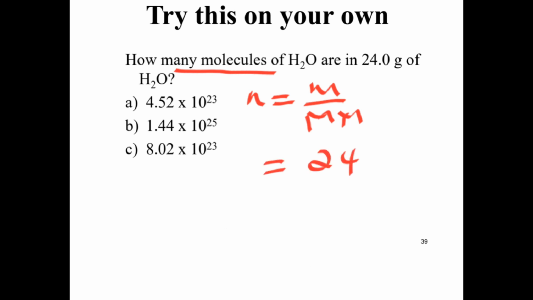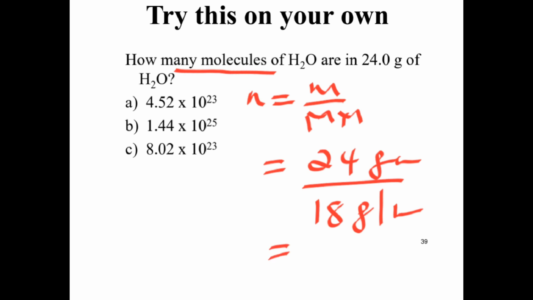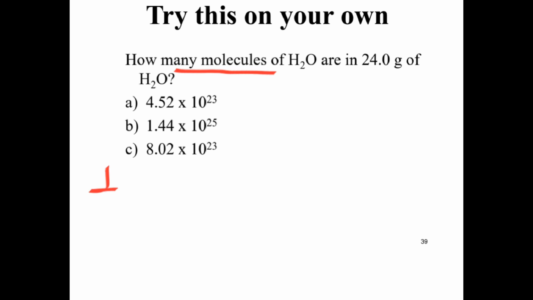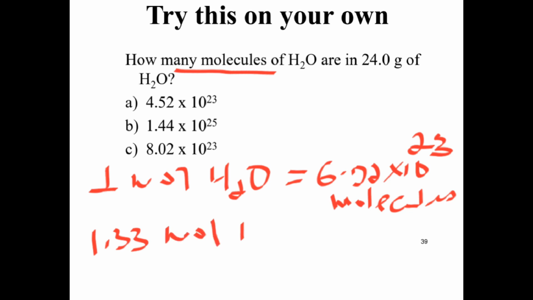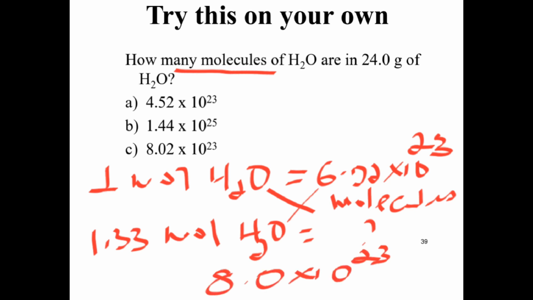ስለዚህ ማሱ ስንት ነው? የተሰጠን 24 ግራም ተሰጥቶናል። ኦቨር ሞላር ማሱ 18 ግራም ፐር ሞል ካልኩሌት ያደረግነው ማለት ነው። so 4/3 ማለት 1.33 moles ማለት ነው። ስለዚህ ጥቂት ነው ግን ሞለኪል ስለሆነ 1 mole of water contains 6.02 times 10 to the power of 23 molecules of water. ስለዚህ 1.33 mole of water ምን ያህል molecules of water ይዟል? ስለዚህ ይሄን ማባዛት ነው ማለት ነው። 8 times 10 to the power of 23 molecules of water are present in 24 gram of water ማለት ነው። ስለዚህ the answer is C ማለት ነው።